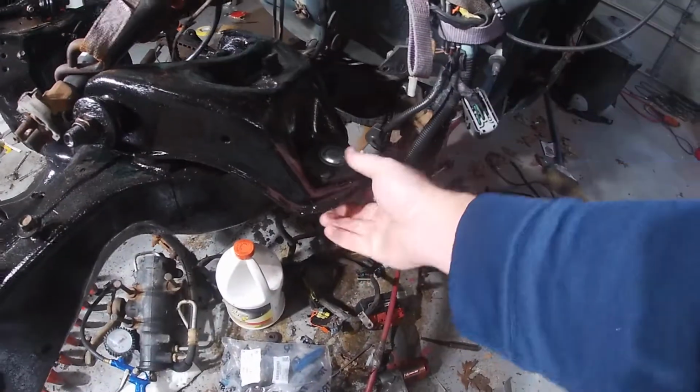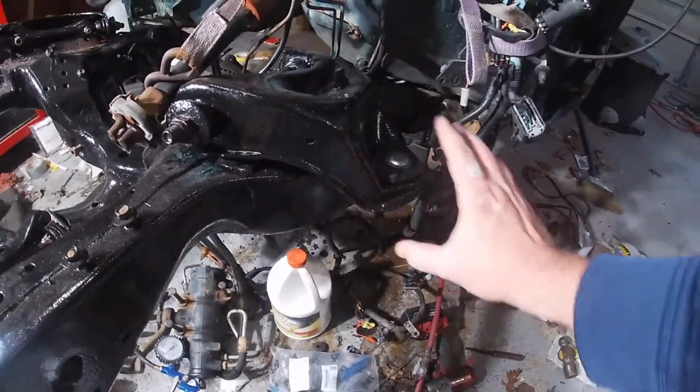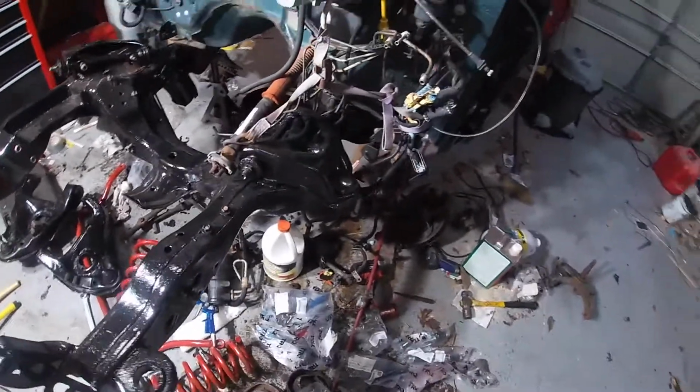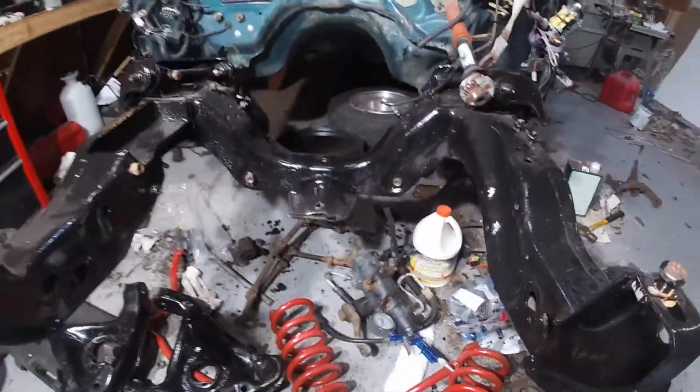So this ball joint, 4 bolts, 4 nuts, washers, everything's in place. Again, I just have to torque that down. So now we're gonna move on to